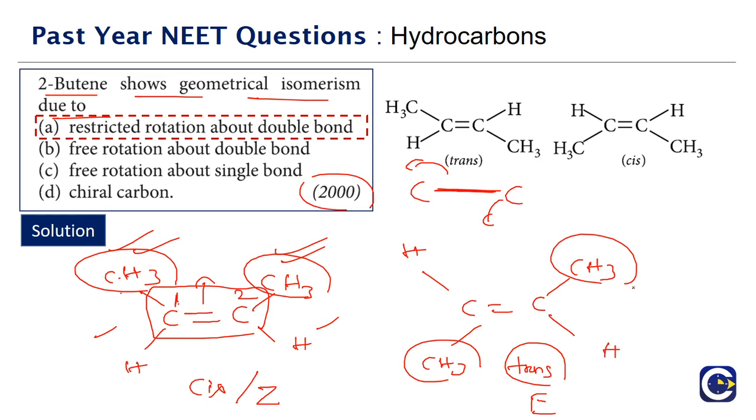Also, just because we have a double bond does not mean that we always will have geometrical isomers, like in the case of 1-butene. In 1-butene there is also a double bond here. But if you look at carbon 1, what groups are attached to it? Both are hydrogens. So in 1-butene, carbon 1 has identical groups. Whether we keep the hydrogen here or the hydrogen below doesn't matter; it is the same group. So 1-butene will not have geometrical isomers. Only 2-butene will have geometrical isomers.